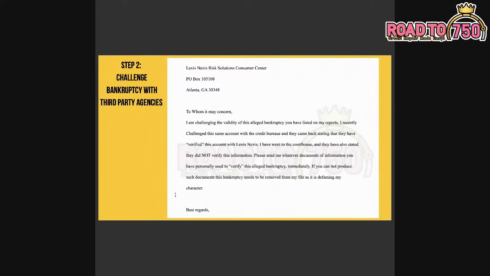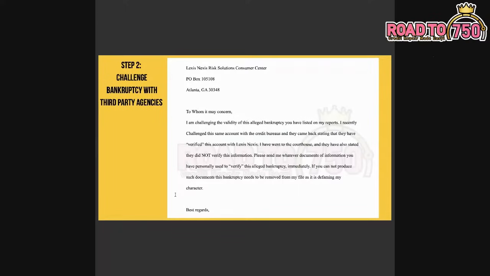So on the screen, you can use this letter, you can reword it. This is simply just a dispute to the third party agency. So let's say you got your LexisNexis report or your SageStream report or your ARS report, and you determine that they are housing your bankruptcy. You can use this same letter for each company. Now, of course, at the top, I do have LexisNexis address. If you are sending this letter to SageStream, you need to, of course, change the address to SageStream's address or